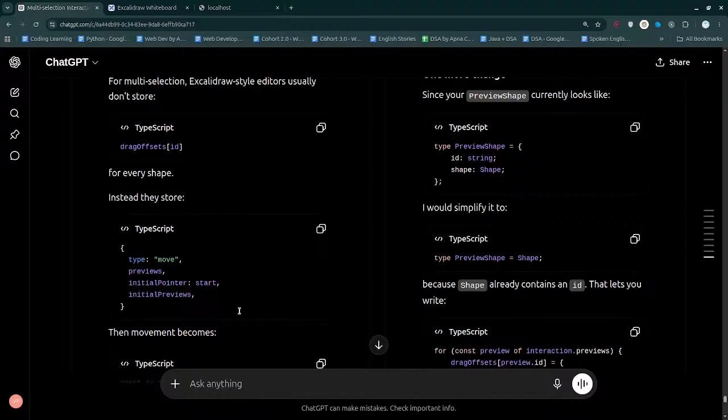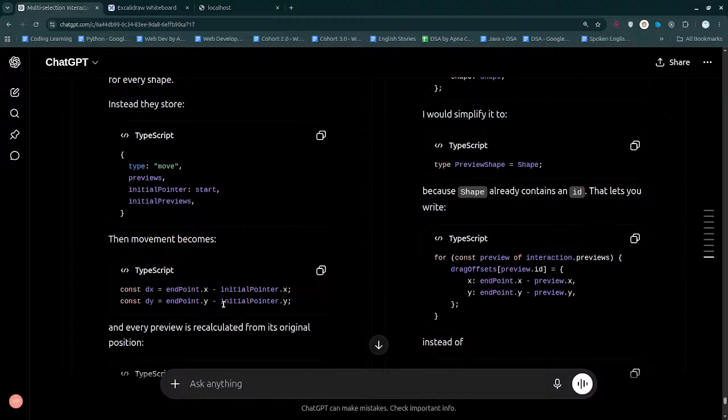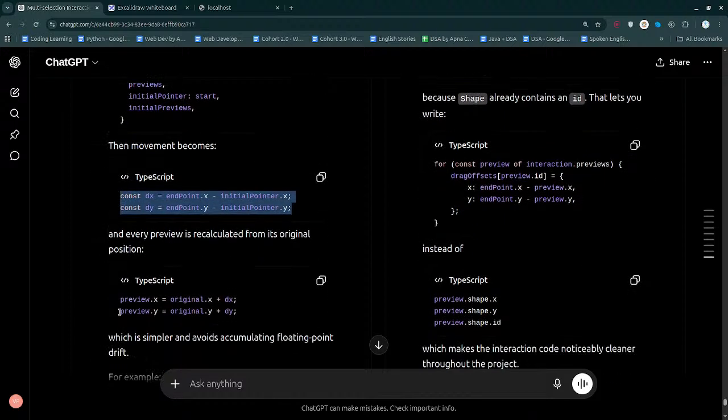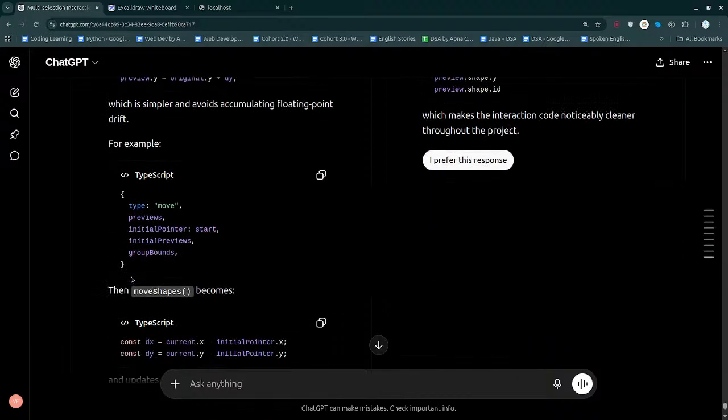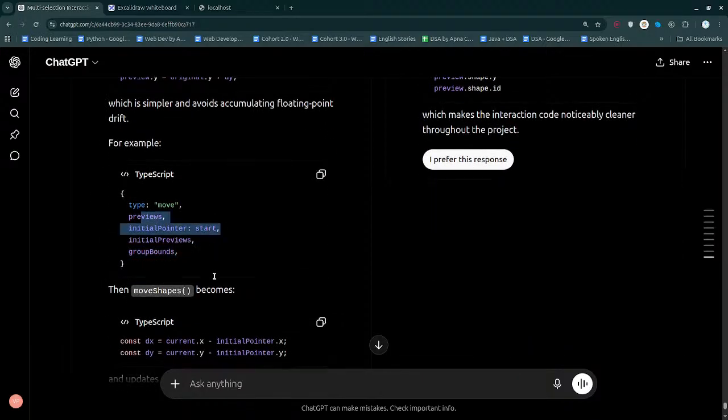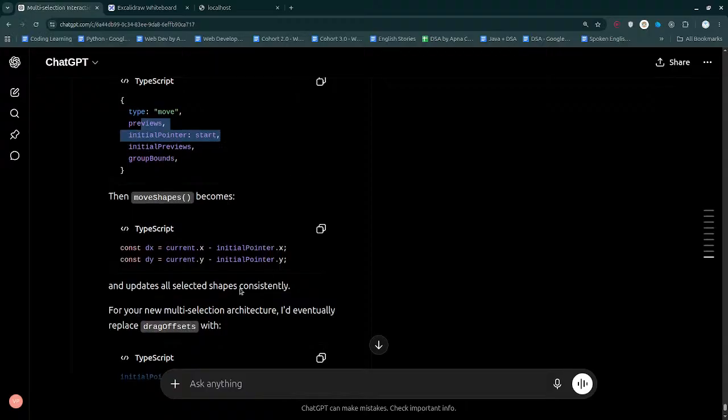Then movement becomes end minus start, and that is going to be dx and dy. Every preview is calculated from its original position. That is right. So it is sort of the last one, which is simpler and avoids accumulating floating point errors. Yeah, makes sense. So this is the first way that we can actually have the initial pointer, and then it can